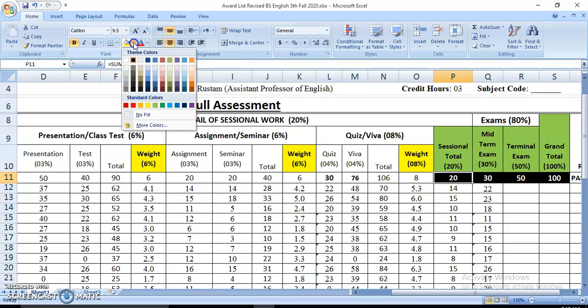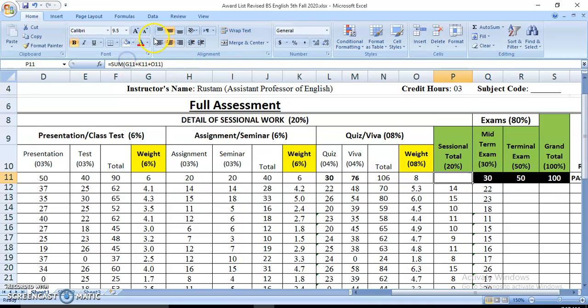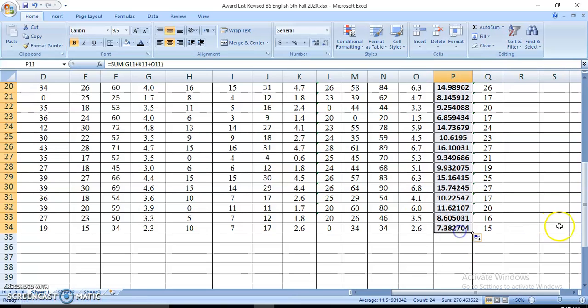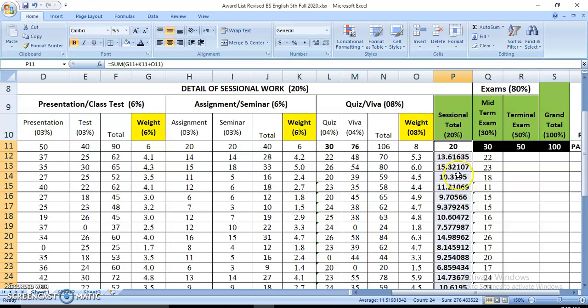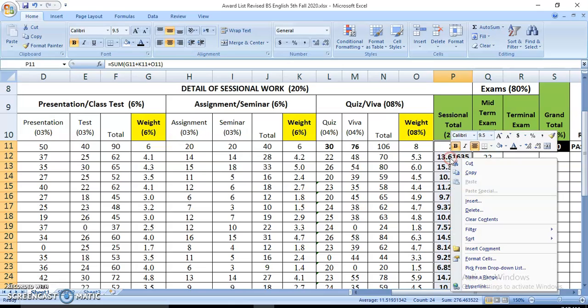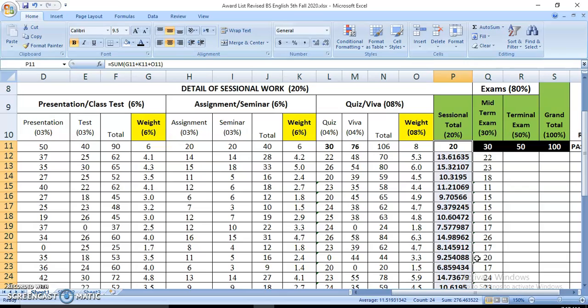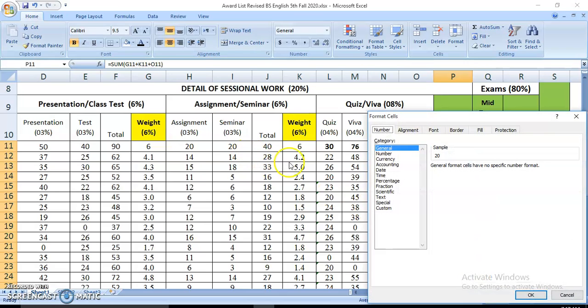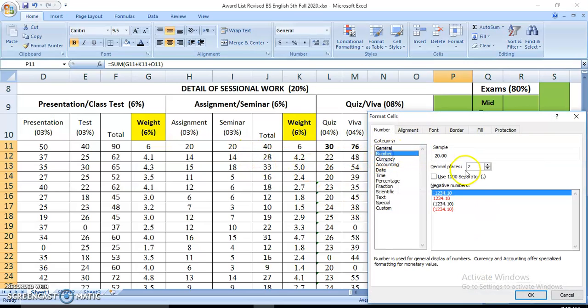Okay, let me show it to you. Just a minute, let me change the color. So when you drag it down, every cell is added up. So you can see now this is 13.6. In order to put it into round figure, we go to format cells, click on number, and then set decimal places to no decimal point.